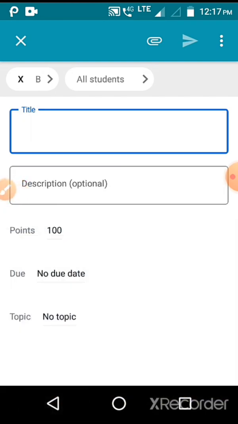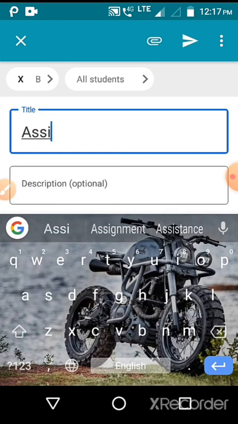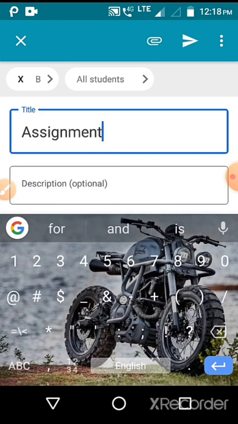You can see here title, description, points, due date and topic. First I will type the title, assignment number 1.